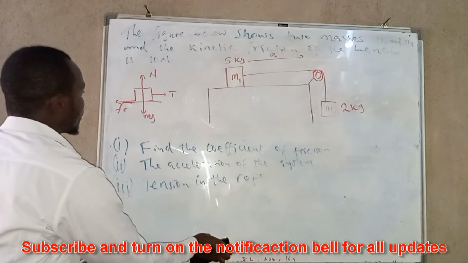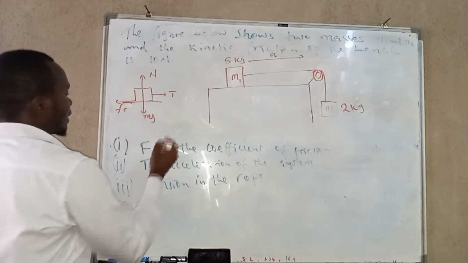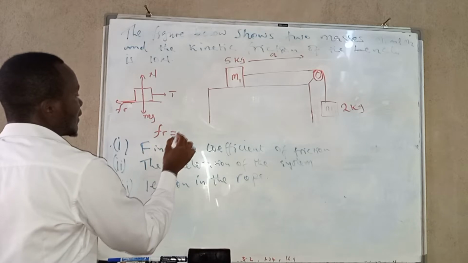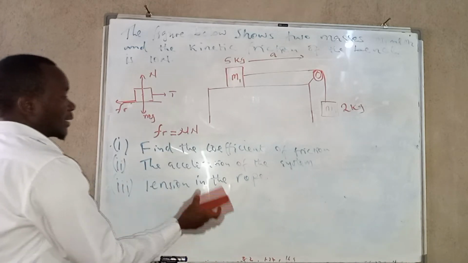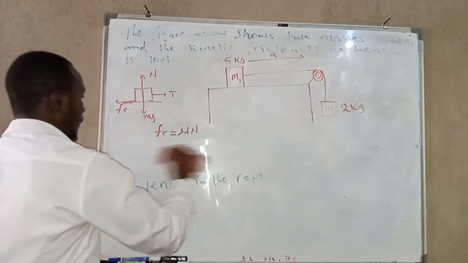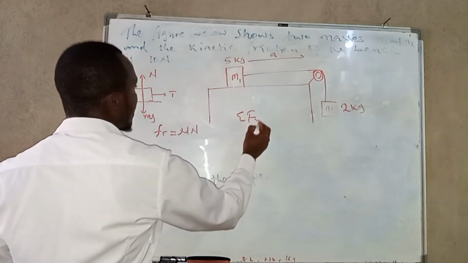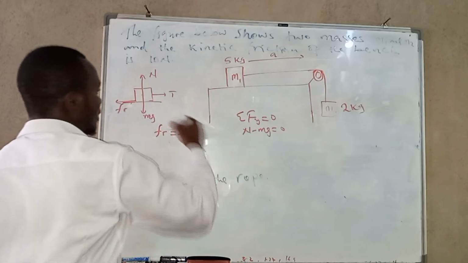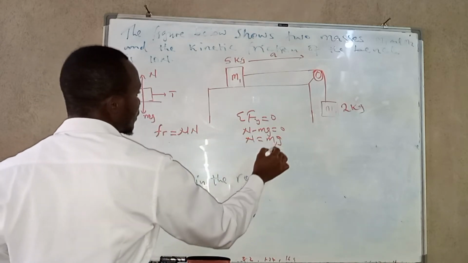From this, we know that friction force is given by mu N. This is the formula for friction force. Now, let me just erase this. From Newton's laws of motion, we know that the summation of forces in y must give us 0. So N minus mg must give us 0. This is positive, this is negative. So N is equal to mg. And since this is m1, okay,